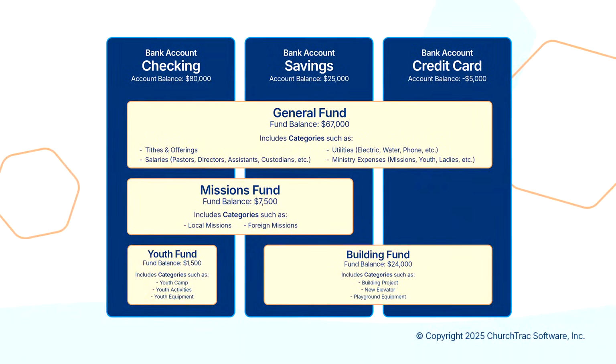Can we put up our diagram again with our bank accounts, and our funds and our categories? So we can see here, we've got our 3 bank accounts, we have our 4 funds, and then inside of these funds, as money comes in or money goes out, it's labeled, and it's probably pretty small on your screen, but it's labeled with different categories. You can look at this online, click on the link that we've provided and get an up-close look at it, see it a little bit clearer. But to summarize this, bank accounts are where the money is, funds are what the money is for, and categories is why the money moved.